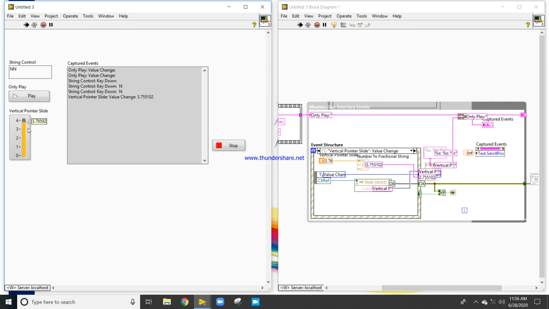If I click and try to drag it down, for my one click or one drag, the vertical pointer slide will read that value at the same time and display it.